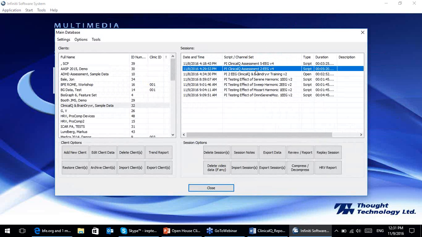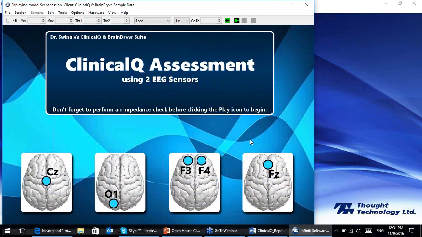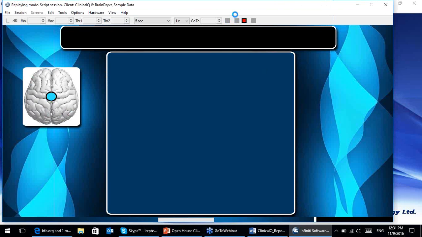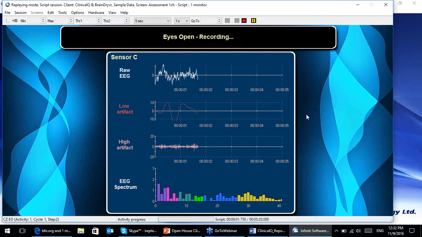Right here, I'm going to replay the normal ClinicalQ assessment that only uses 2 sensors. I'm only going to do this for about 30 seconds, so don't worry. So I'm going to hit replay, and you're going to see that it looks a little bit different. We have a new different beginning to open up that screen of what people can see and what reminds them to do an impedance check. And the general look of it also looks, I would say, a lot nicer. If you remember before, it was much more black, and now we have a little bit more flavor and a